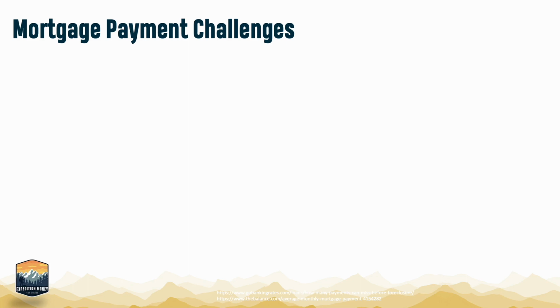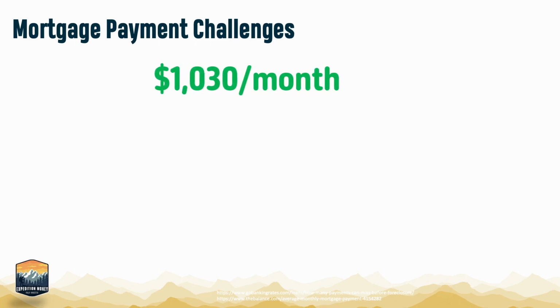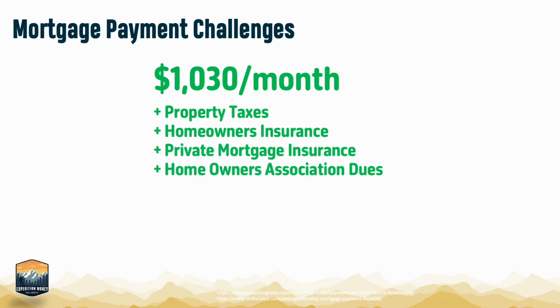It should be no surprise then that the biggest debts also have the biggest payments. In fact, the median monthly payment is $1,030. Add in property taxes, insurance, private mortgage insurance, PMI, any homeowners association's dues, the utilities and maintenance costs, and it's no wonder suddenly payments can become late.